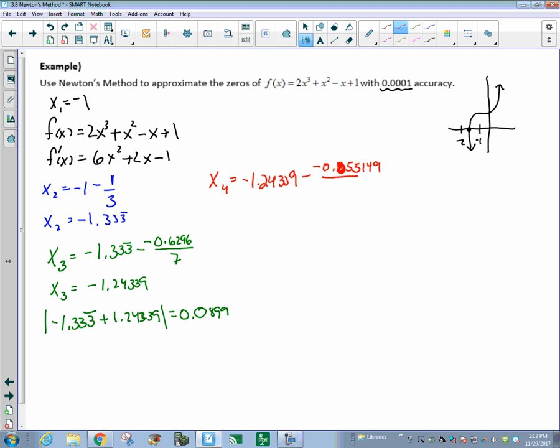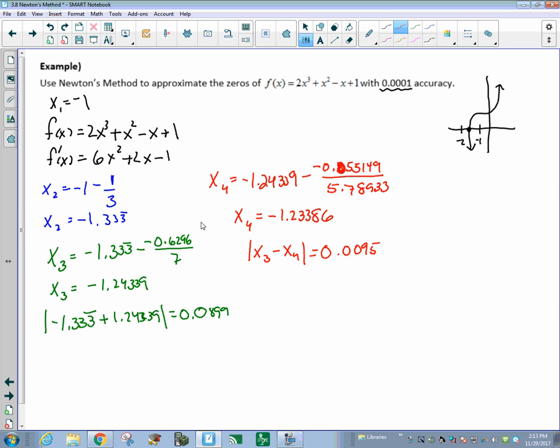And then dividing that by 5.78933. And so if I divide that out, x sub 4, I get negative 1.23386. And then if I calculate x sub 3 minus x sub 4, substituting those values in,